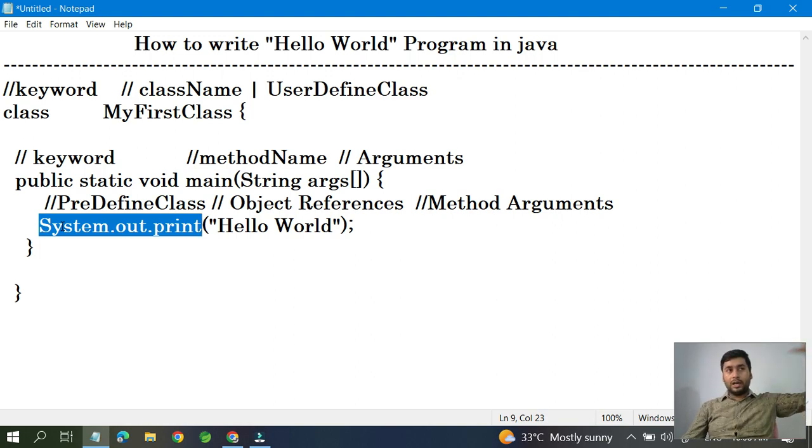Predefined means already available in the software, and user defined means I am a user, so I have defined those classes, so I can say user defined class. Okay, or developer defined class you can say. Better to say user defined class, it's good. Okay, so these are the things we need to cover,